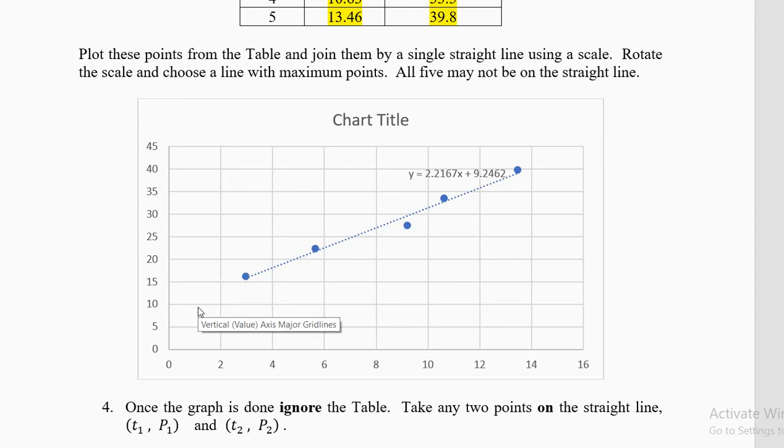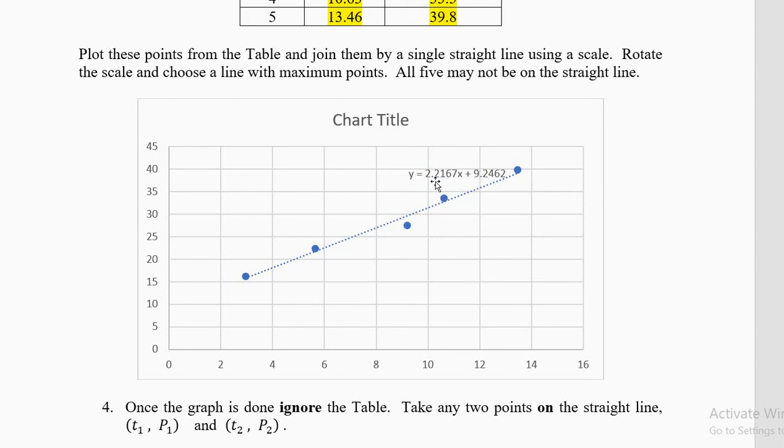Just note down one thing. When you draw the graph by hand, it depends what scale you are using. Then, how good is your pencil? So different students will get different slopes and different intercepts. It will be approximately 9.1, 9.2, 9.3, 9.4, 8.9. It will not be 15 or 20. It will be something close to 9.